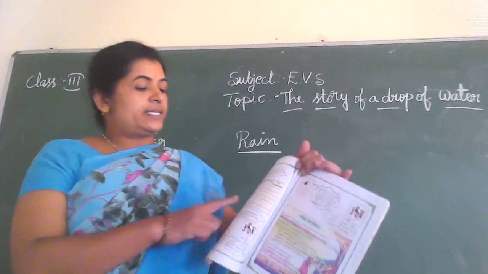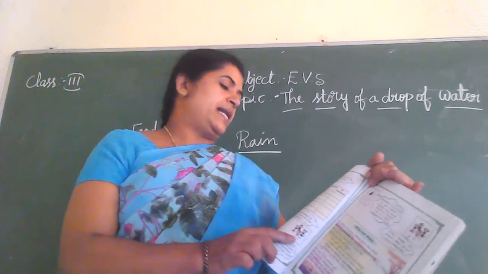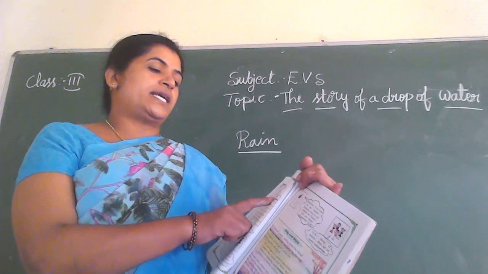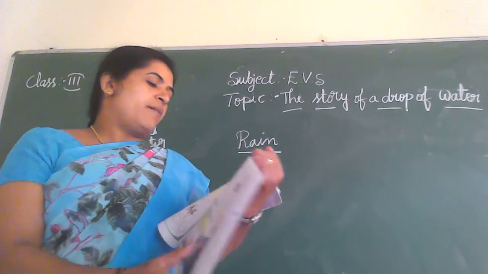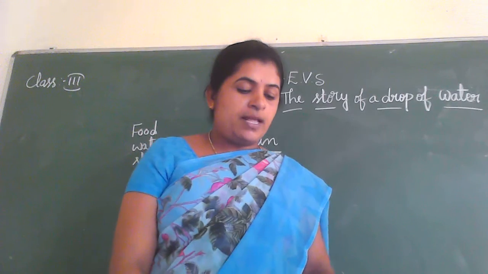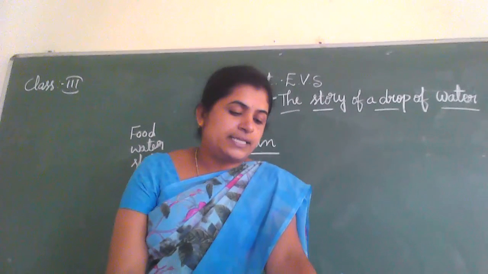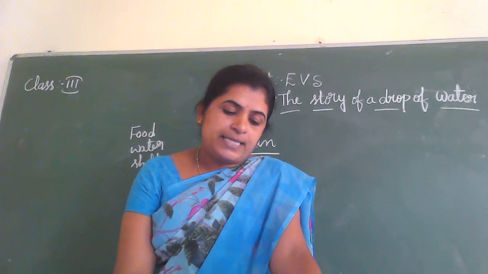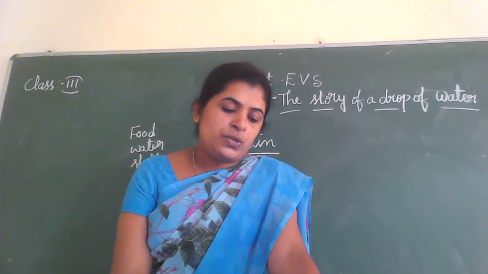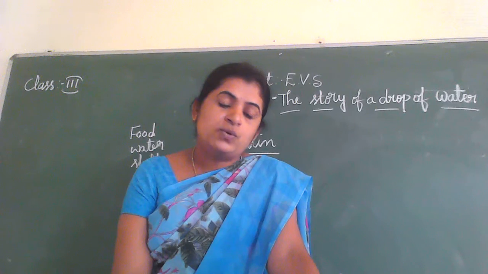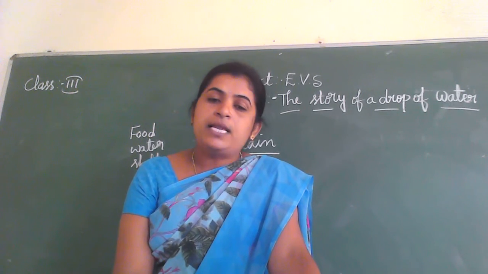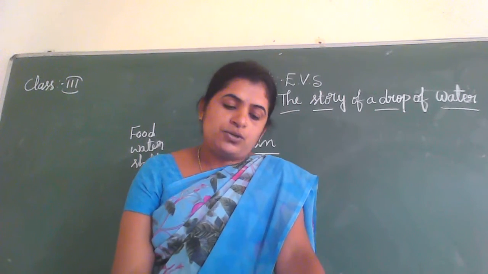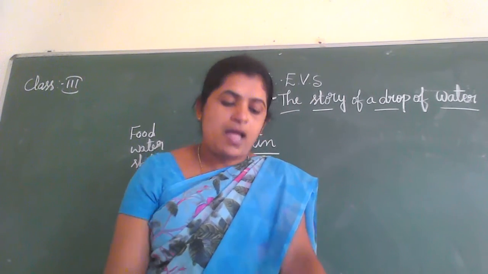One activity is there, children. Members of the family: in glasses, in mugs, in pots, in a bucket. My mother, your mother, my father, my brother and sister, grandfather, grandmother, others, total. See how much water your family members and you use every day. You should identify and write the activity.